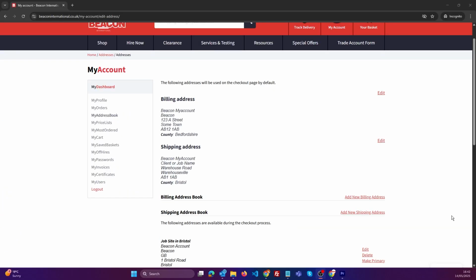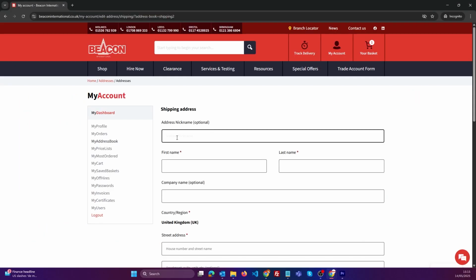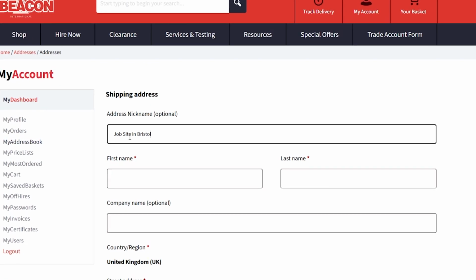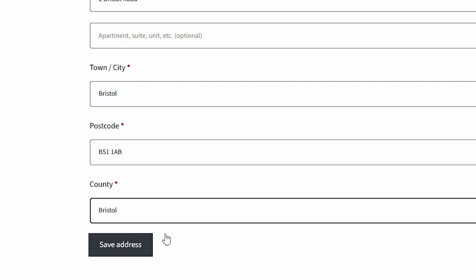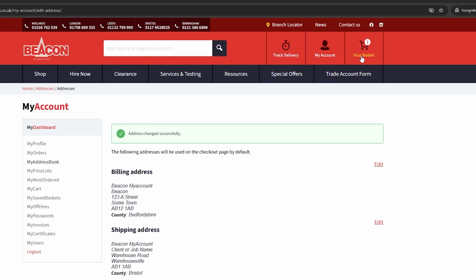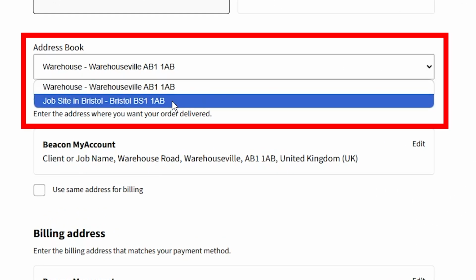To add a new delivery location, scroll down to the Shipping Address Book and click Add New Shipping Address. Simply fill in the address details and give it a clear name, like Site 2 or Warehouse. Once you have filled in your details, click Save Address. When you proceed to checkout, you'll see all the addresses you've saved in your Shipping Address Book, ready to be